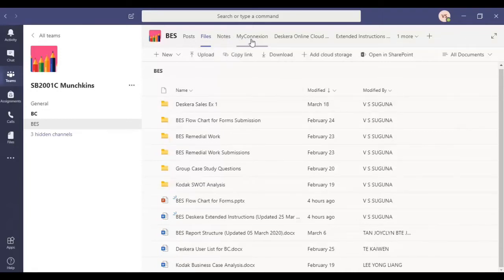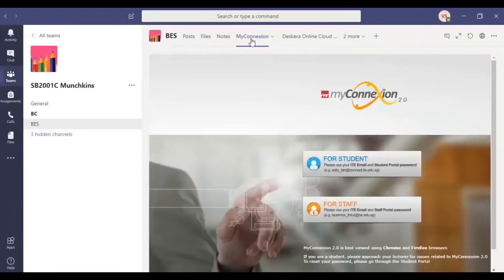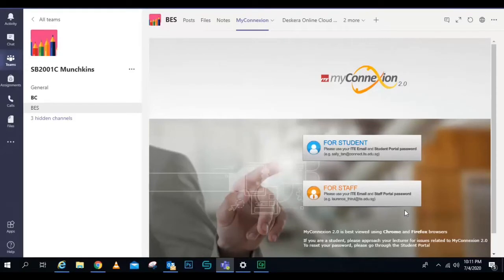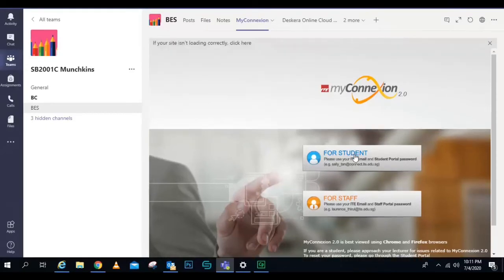I have created this tab called My Connection. What this tab does is it gives you access to My Connection through MS Teams. So once you click on this tab, you should be able to see the login screen. And you can try to log in, and your attendance will also be marked in My Connection as a failsafe. Alright? Okay, next up,